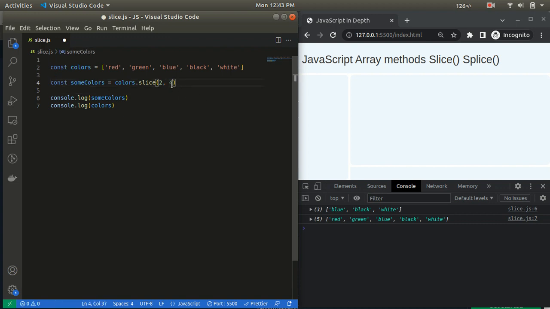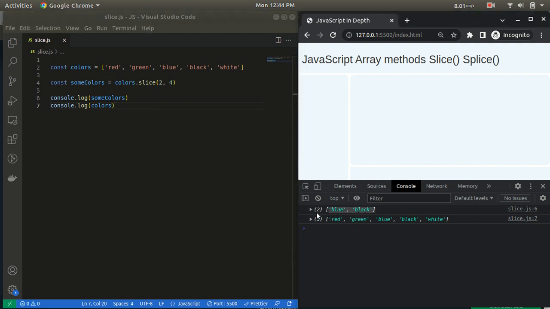Like I have passed 4, so it will return the array from the second position to the third position. Blue is in position 2, and black is in the third position. So it will return blue and black as a new array. Let's print this. So it returns blue, black as a new sub array. In this way we can pass the start index and end index to get a new array.